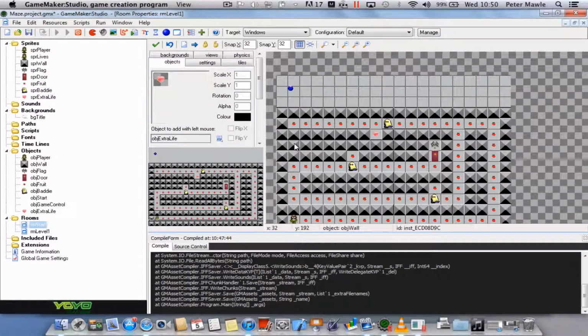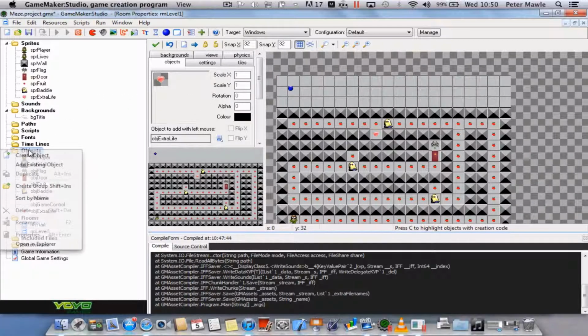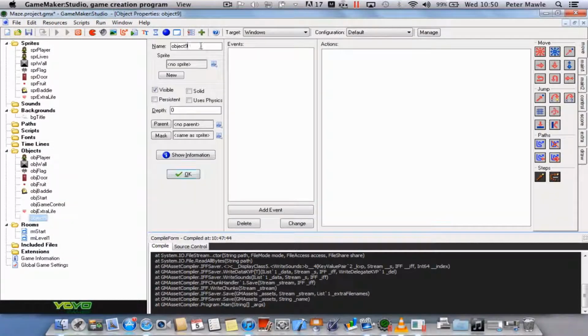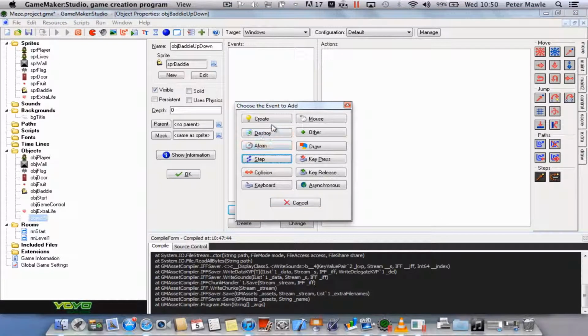Okay, so we've got some baddies that move left and right in our game. What would be nice is if we had one that moved up and down the screen as well. So what we're going to do is create a new object, which is going to be obj baddie up down. We're going to load the sprite SPR baddie, and we're going to add a few actions. So we're going to add an event create,